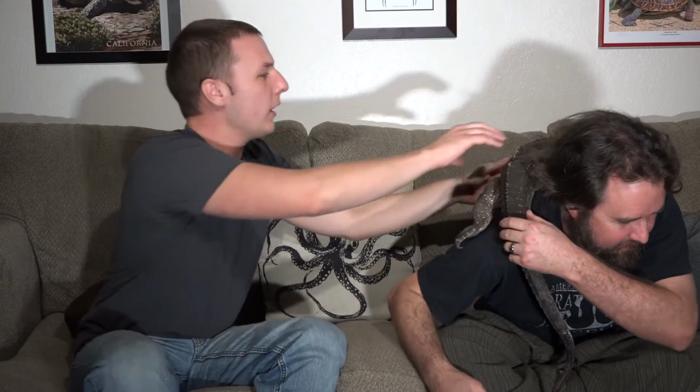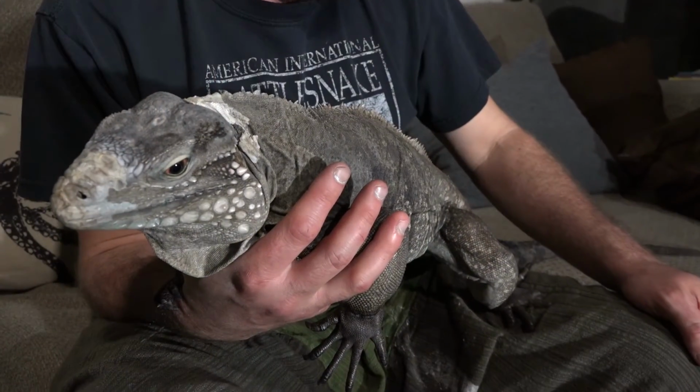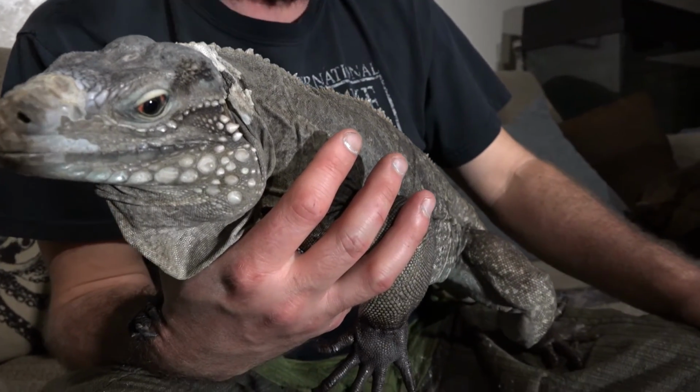It's been a big day. So these guys climb, and as babies they climb a lot more. They're mostly arboreal when they're young. As adults, they don't climb. They're a little bit too big. Do you want to get bit by these things? Not really. I would recommend not getting bit by these guys. They have very strong jaws. They're not very mean. Can they swim? Of course they can. Like I said, they differentiated from the Cuban iguana about 3 million years ago, probably on vegetation rafts. So you get a big storm come in, and some lizard